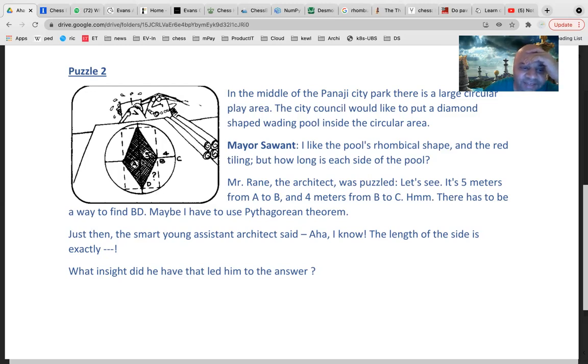D to E is 5, A to B is 5. A to D, the height, is equal to B to E. It is exactly the same, right? A to D is the same as B to E. Yes, sir. So if D to E is the same as A to B, and A to D is the same as B to E, then the diagonals, the hypotenuses of the two triangles, will also be exactly equal. Yes, sir.